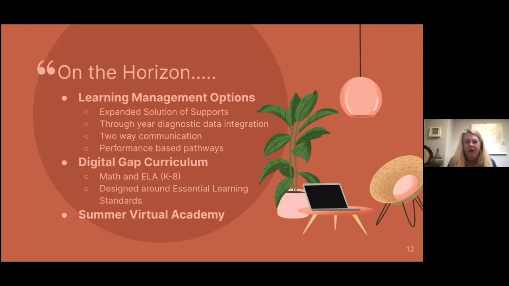And then we are doing, on a statewide but smaller scale, offering a summer virtual academy. We're going to work with some of our partnership schools that have shown interest in that to create an outcomes-based academy for specifically identified students who would use this gap curriculum, who would have measures to be able to chart growth, and maybe create a model that is supported with academic coaches that we could then share out at the beginning of school with all districts.